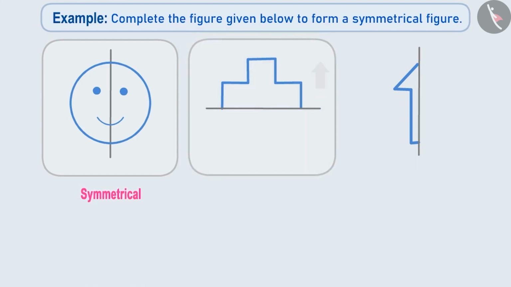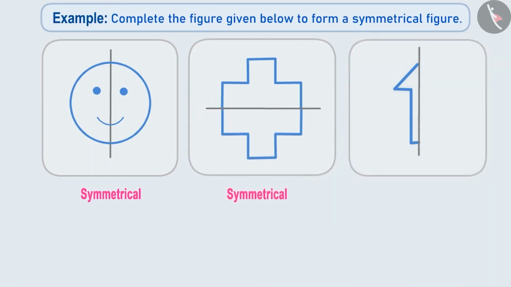We have been given the top part and have to find the bottom part. Suppose the upper part is on the ground and we are seeing its reflection below in water. So imagine how this figure will look. Give it a thought. Absolutely right. It will look like this. In this way, we can complete the second figure.